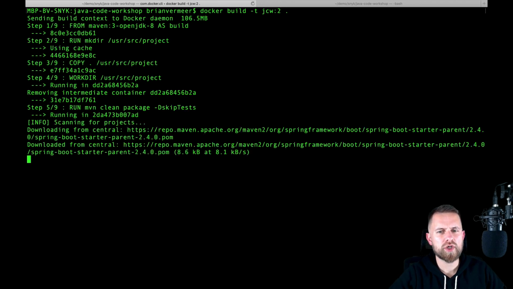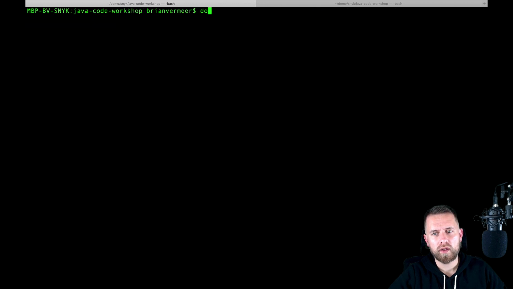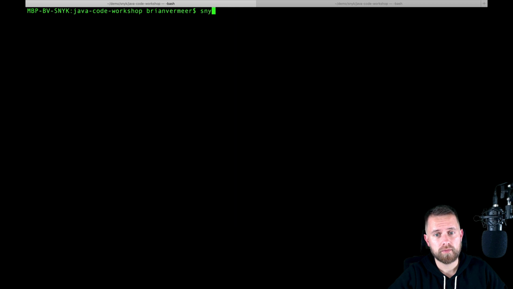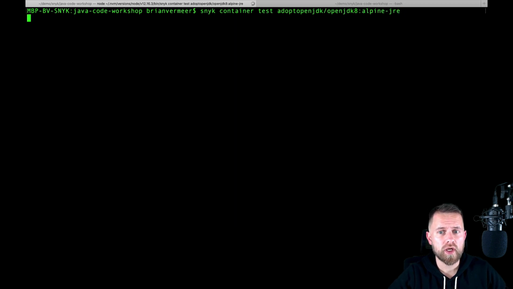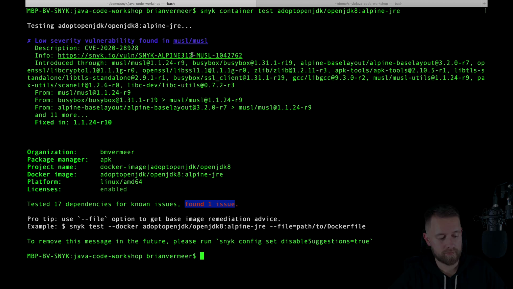When building this image, we will find out that this new image is far smaller. As you can see, this image is only 178 megabytes. Now, if we scan this base image that our production image is using, we will see that this time we only have one security vulnerability. And that's already a big win. Now we have separated the build image from the production image. With this technique, you can pick and choose and only choose the stuff you need and make your production image as slim and safe as possible.